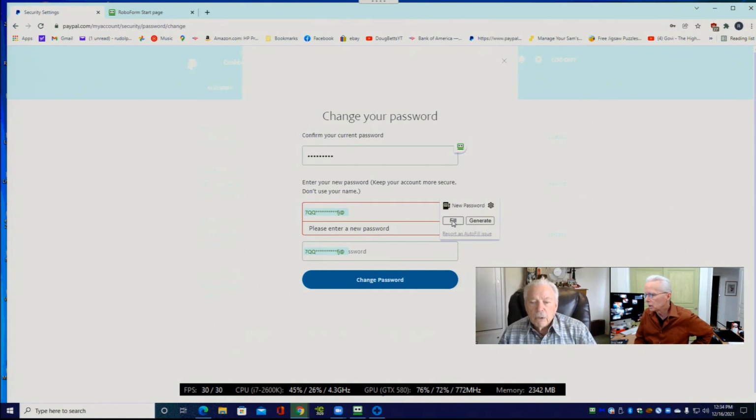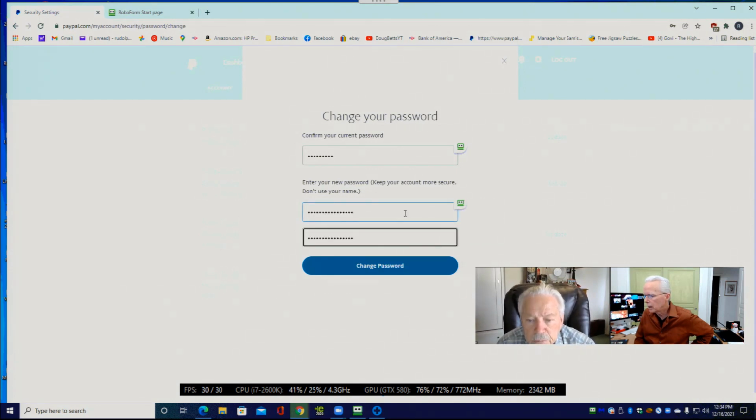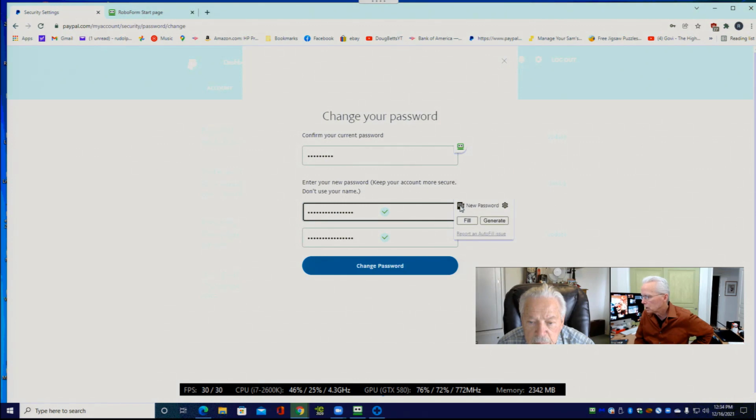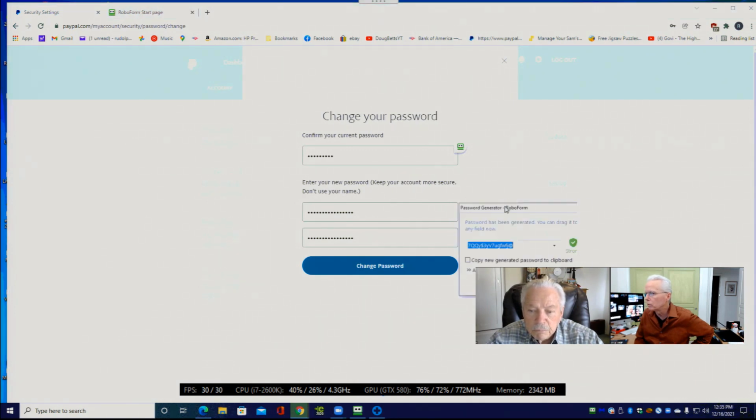Let's take a look at what happens here. If I click fill, it puts in that password. Can we display that here? I'm not seeing that it shows it displayable to us. Here's a 3-dot button here. I'm going to see if that'll display it. No. And if we go to the settings gear, that's probably going to take us to RoboForm, isn't it? Oh, here it is. There's displaying that password for us.